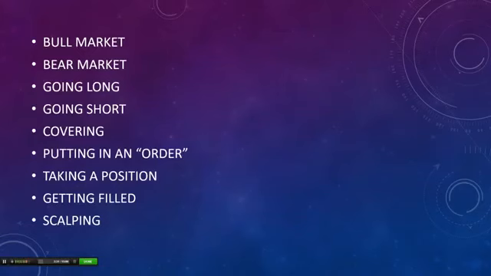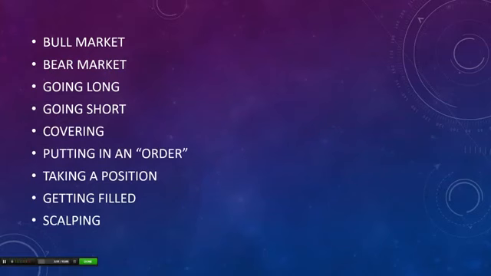Now, in the same context, there's the next two terms which I'm going to cover: going long and going short. Okay, if you're long something, that means you're hoping it's going to go up. So in terms of the stock market, if you're going long, that means you're hoping that the price is going to go up. And that's what we do. That's the strategy that I teach. Okay? What I want you guys to do is buy low, sell high. That's the fundamental principle behind my whole strategy of stock trading. All right? The only thing I help you with is finding out exactly which stocks to go long with and which stocks are about to go up so that you don't have to worry about losing money.